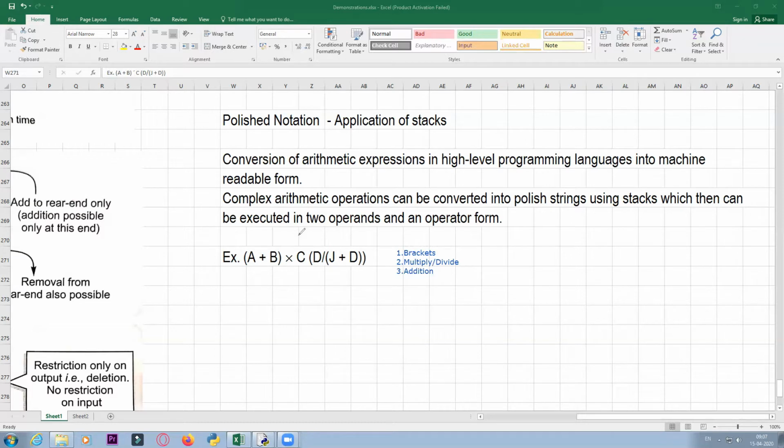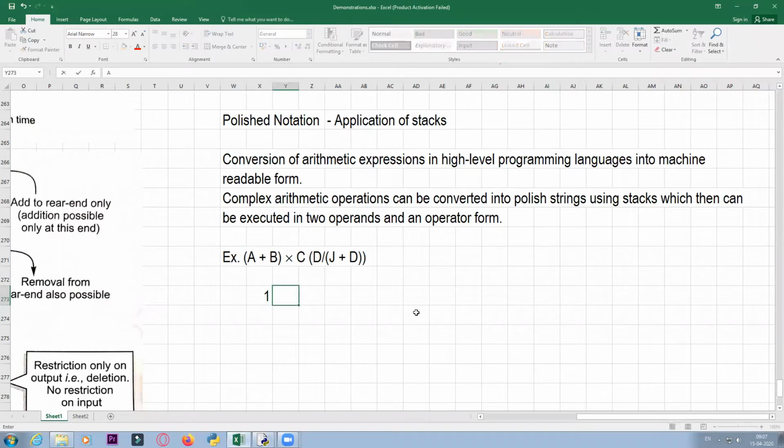Like you can see that we have one bracket over here, we have another one over here, and within the bracket we have another bracket. And then you have two operators which are at the same level of precedence. So which one to evaluate first? Now on pen and paper we can easily figure out what we will be doing. That is, first we will be executing the brackets.